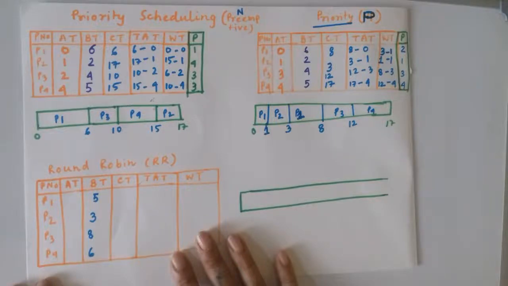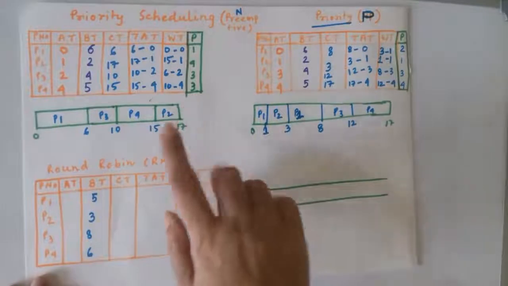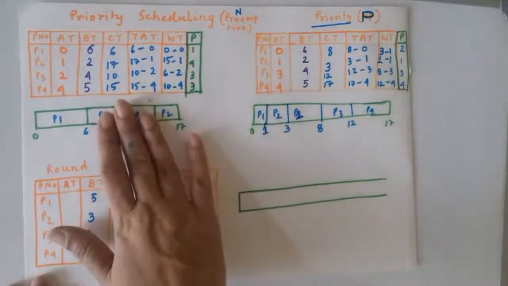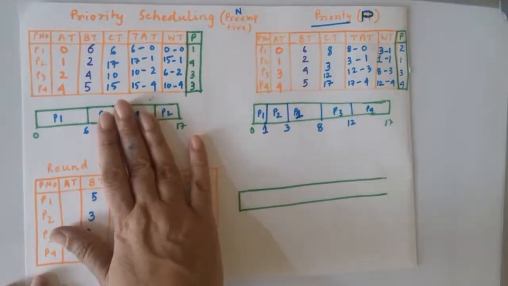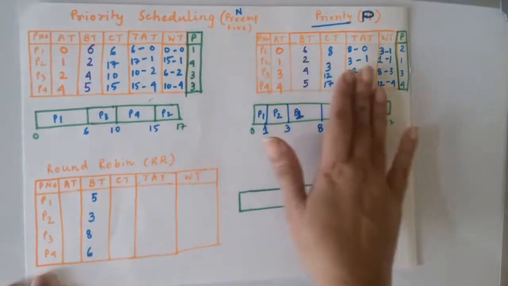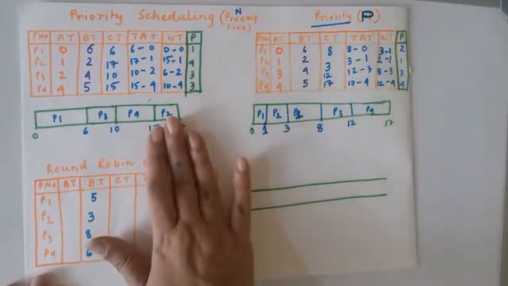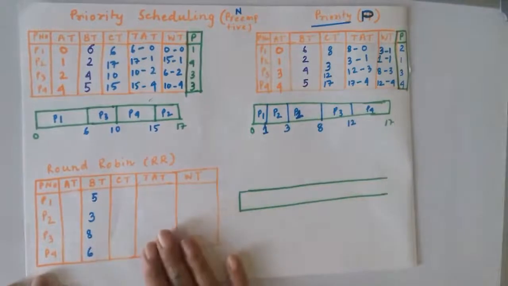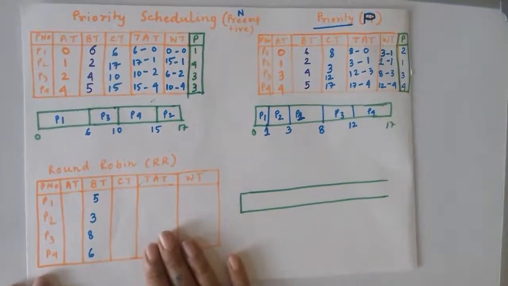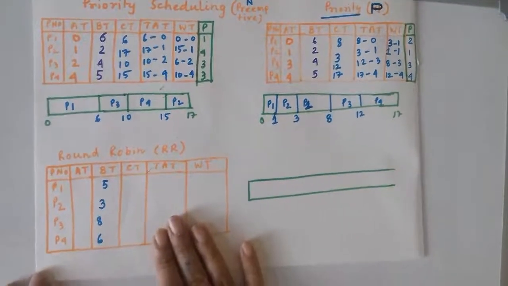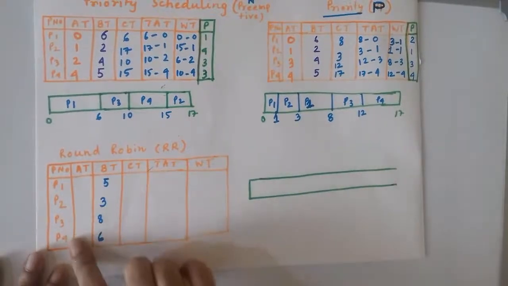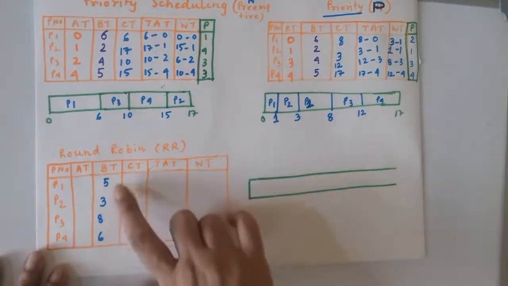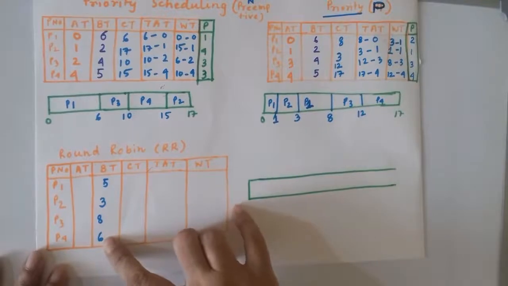In our previous video, we discussed processes, process states, our complete process management, and preemptive and non-preemptive scheduling. In the non-preemptive part, we covered FCFS and SJF, and in the preemptive part, we covered SRJF and priority scheduling. Today, in this video, we are going to do the round robin CPU scheduling algorithm. We have taken 4 processes, with burst times of 5, 3, 8, 6.